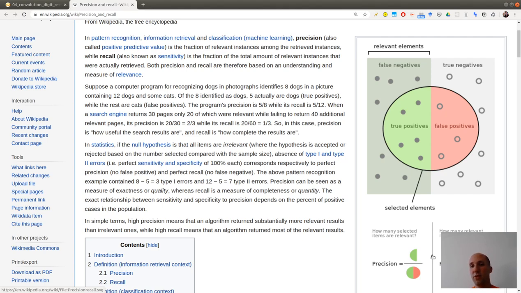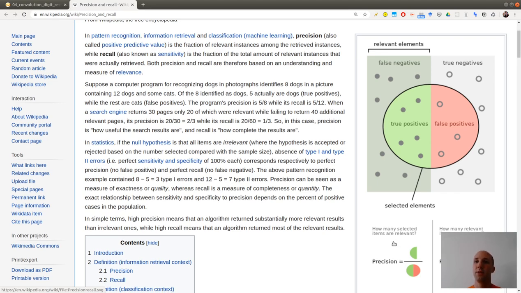So this is just to tell you that in classification, most of the time people care about accuracy, which is the number of right predictions you are making divided by the total population in your data set. But you might care about other quantities in order to evaluate the performance of your algorithm, namely precision, which is how many selected items are relevant.